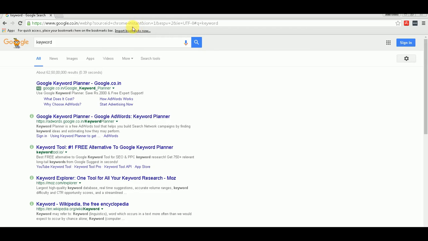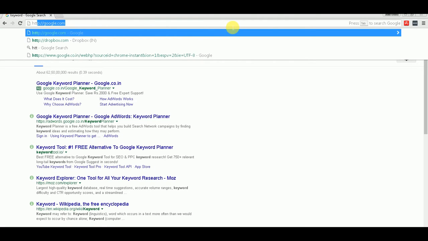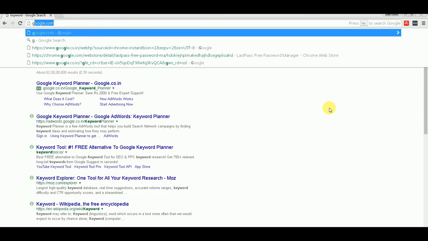And another best thing is you just start typing the domain name. Google will automatically keep suggesting as you keep typing alphabets. Like if I'm typing Google, I start with Google, it already filled google.com if this is the website that I'm